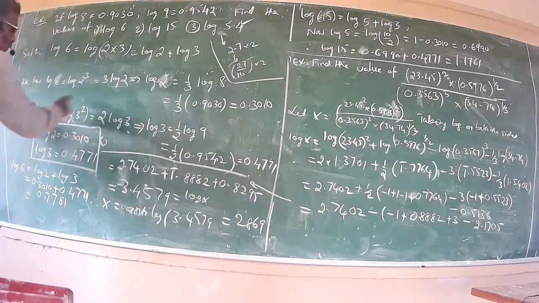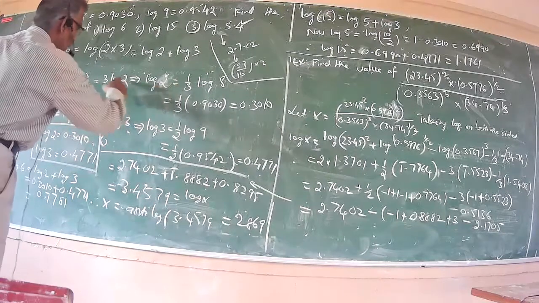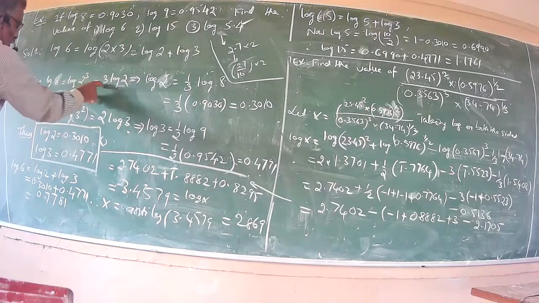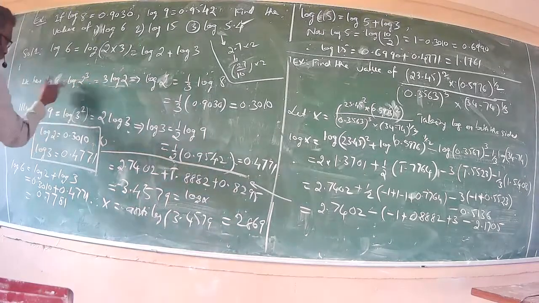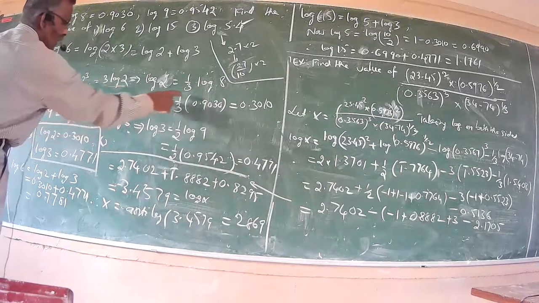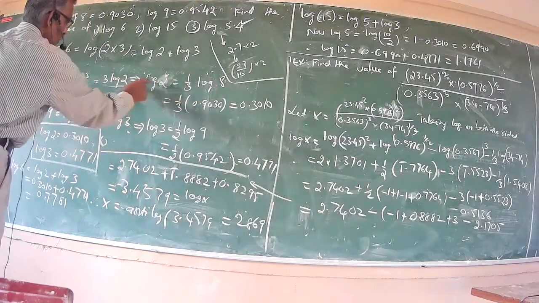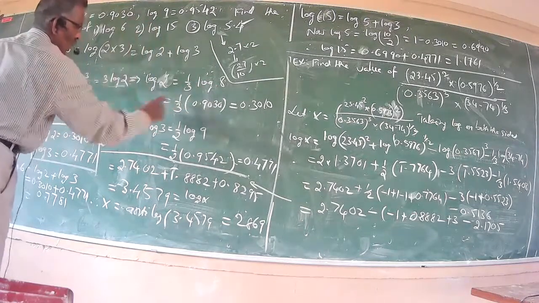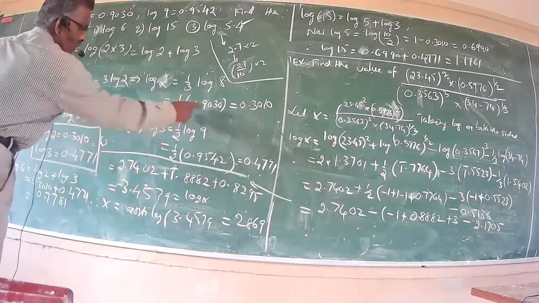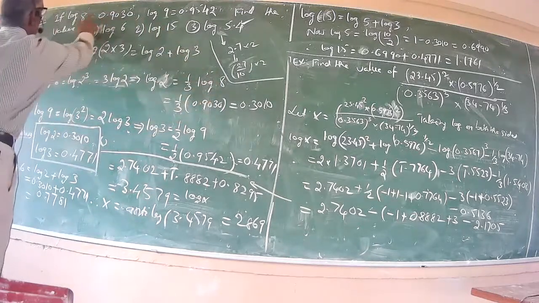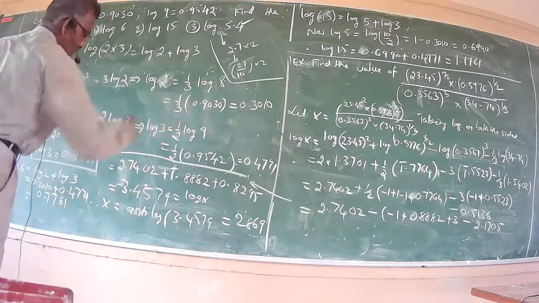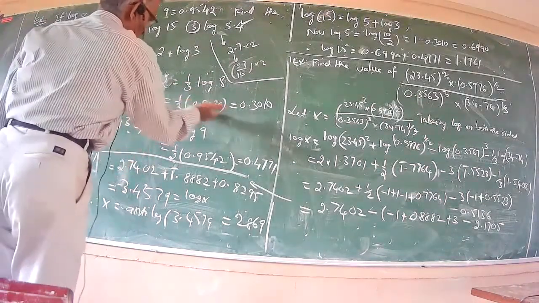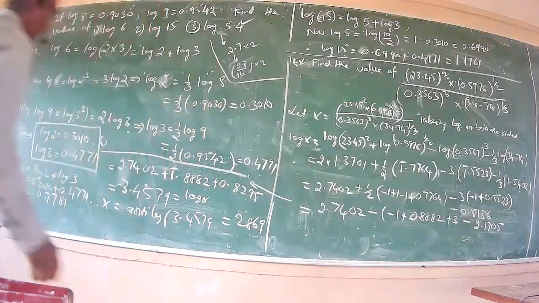Therefore, because we need the log of 2 and log of 3, log of 2 equal to, here 3 is there, you have to cancel this 3. So divided by 3 on both sides, you get 1 by 3 into log of 8. Therefore, log of 2 equal to log of 8 divided by 3, or 1 by 3 into log of 8. Log of 8 is given as 0.9030. Now dividing, you know the dividing rule, so as a normal division, this becomes 0.3010.